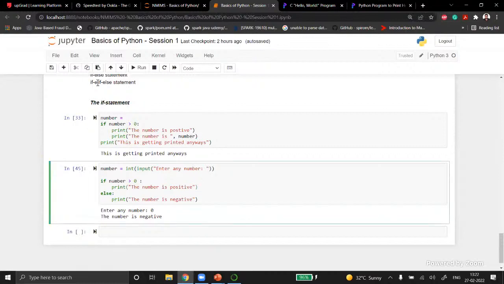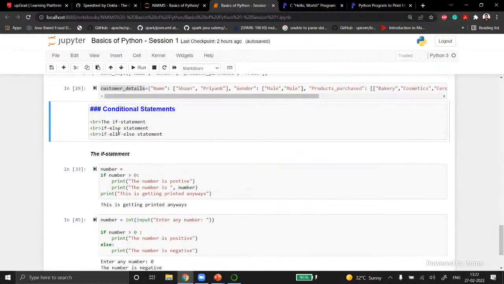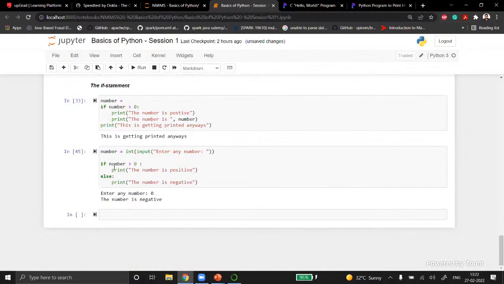Yes, so this is where this elif comes into the picture. See, this if statement only takes care of the condition being true, whereas the if else statement takes care of the condition being true as well as false. Right now, in the if statement and the if else statement, we are only talking about one condition,